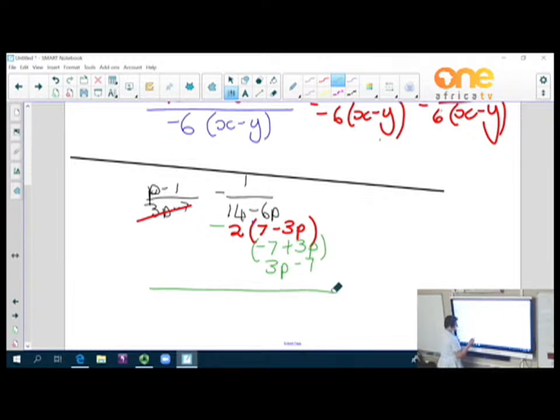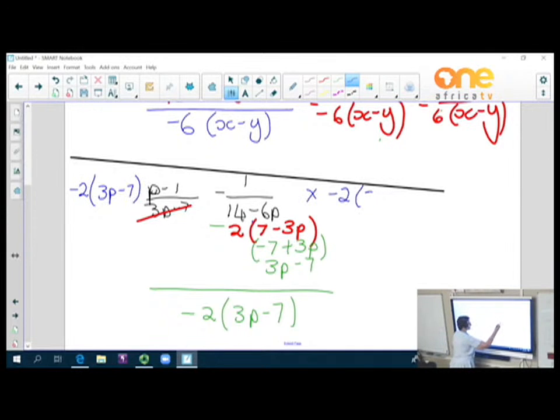So now my LCM is going to be negative 2, 3p minus 7. That is my LCM. So I multiply here with negative 2, 3p minus 7, and I multiply here with negative 2, 3p minus 7. And I can cancel. So now I have negative 2p plus 2. Here, this can cancel out. The negative 2 can cancel out. So there remains minus